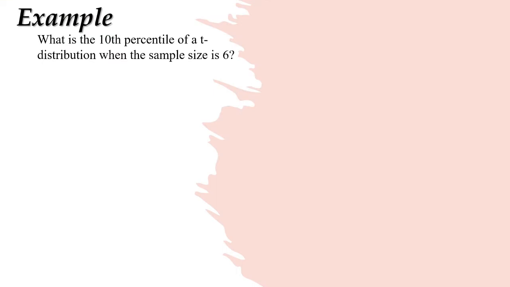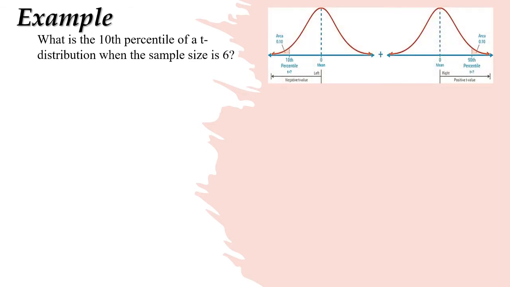Let's have an example. What is the 10th percentile of the t-distribution when the sample size is 6? Let's consider the chart. The 10th percentile is found somewhere in the lower end tail on the left side of zero. The 10th percentile is the value where 10% of the quantities lie underneath it and 90% lie above it. It likewise implies that 0.10 is the area to the left of the 10th percentile t-value,